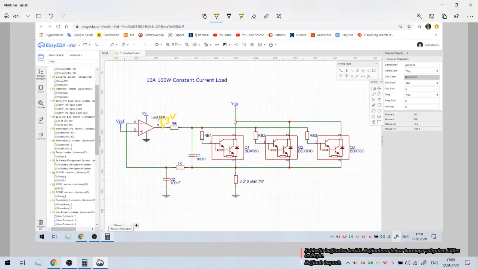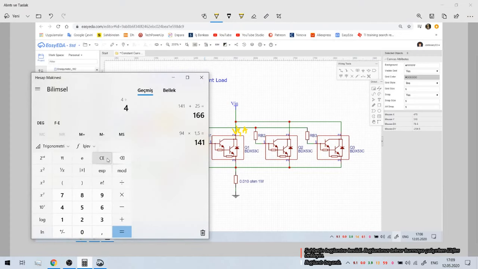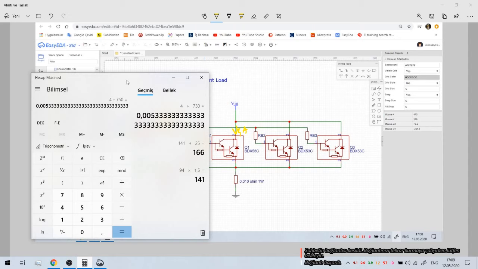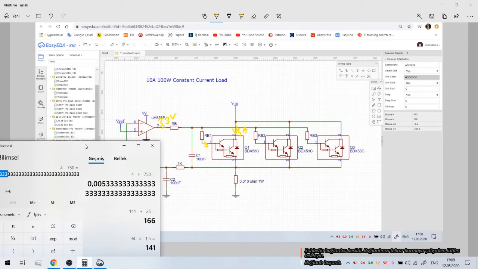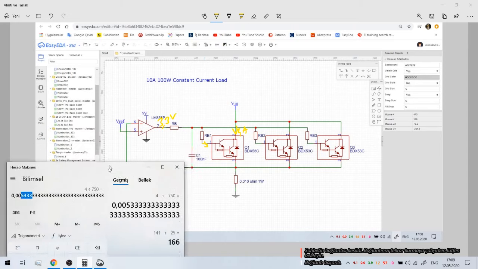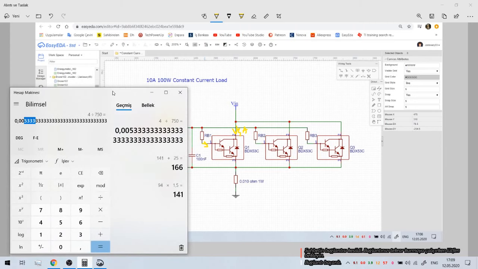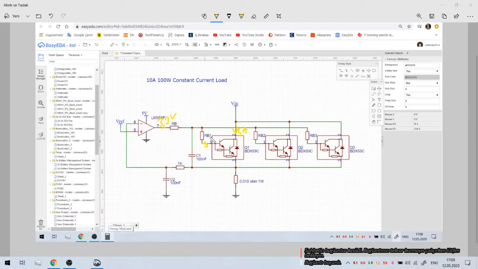After that, 4 amp flowing, all of them is same, and we need at least, calculate it quickly, 4 divided by 750, and it gives us nearly 5.33 milliamp. 5.33 milliamp. Yes, we can use, I think, 5 milliamp. We can use 5 milliamp, and for 5 milliampere,